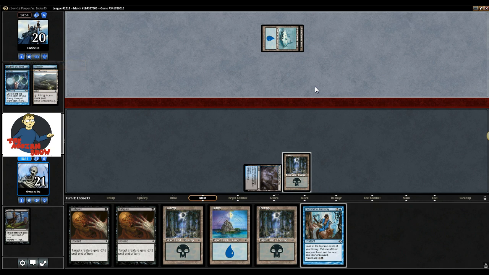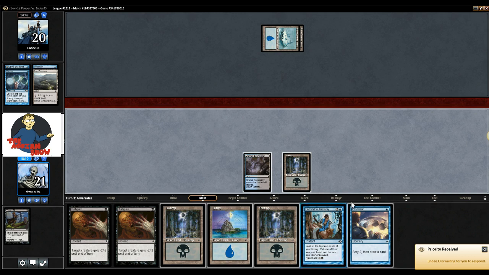Also, this Preordain into Cycle Ash Barrens action. Sure. I'm being very critical today. We get a Preordain of our own, but I think...